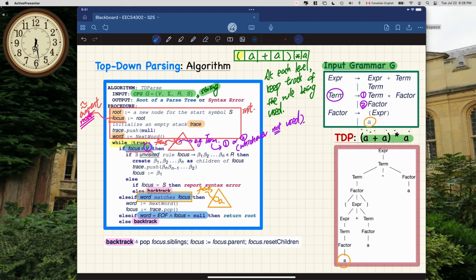All right, finally, this will be the ideal case, right? This one is telling us if there's no more word, it's the end of file. So let's say we are now already at the end of the input sequence of tokens. We don't have any word to read, and the focus right now is simply null. That means we are now just pointing to nowhere. The null here may have to do with the null value over here, so got to be careful. That's why we put a null here. So null here simply means we have already processed all the